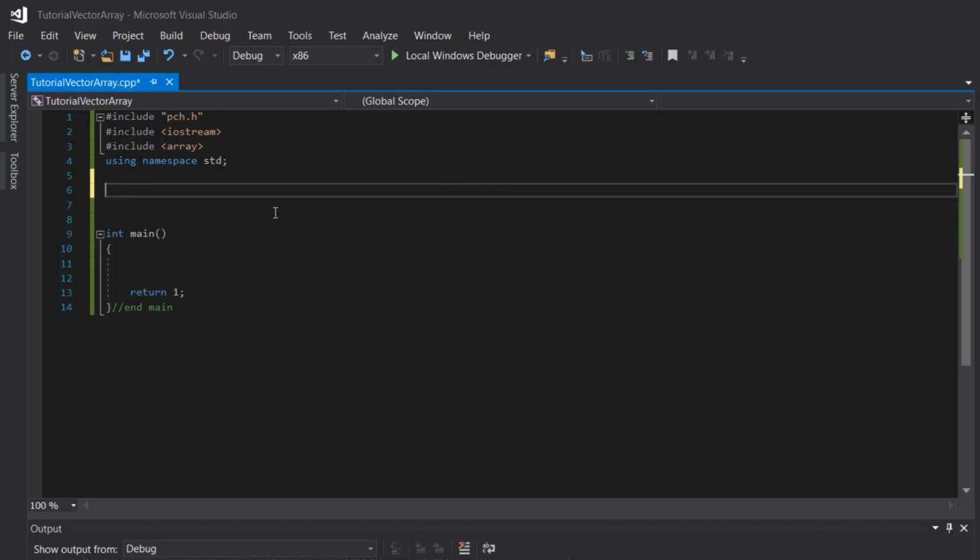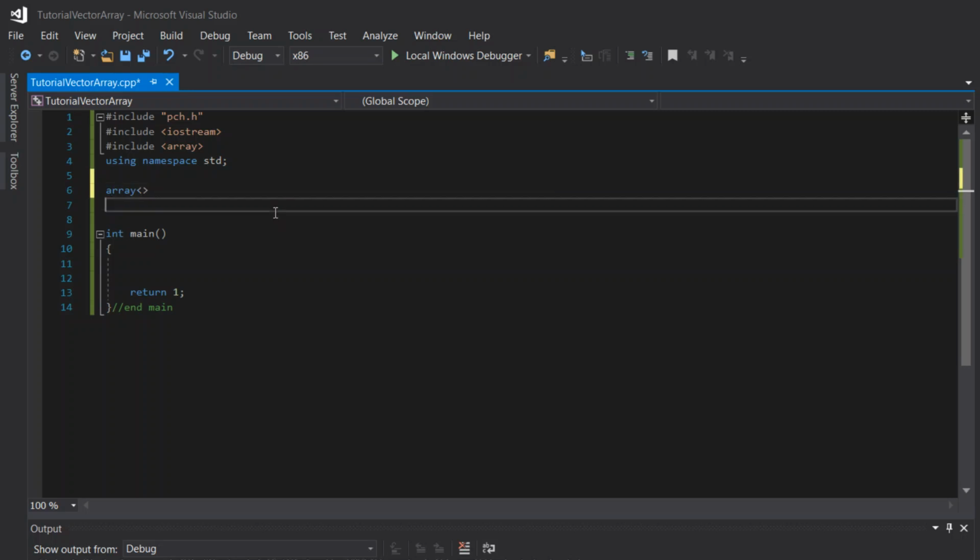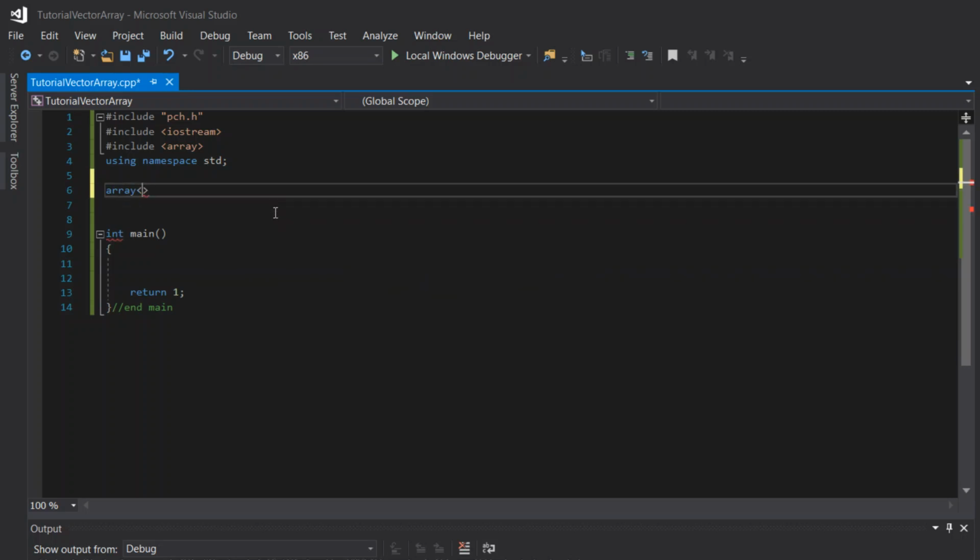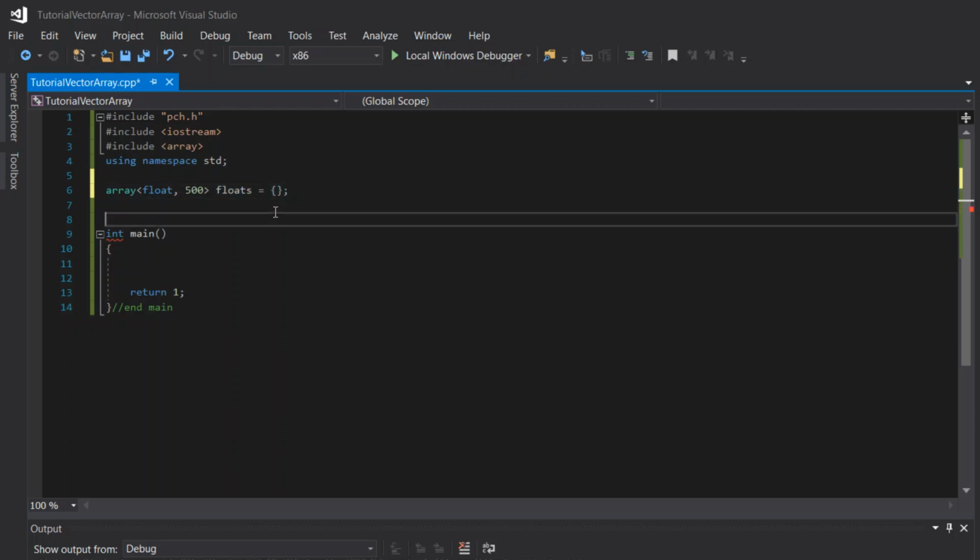So first of all, let's create a new array. Let's make this one a bunch of floating point numbers, so a bunch of decimals. And let's get way too many of them, 500, because why use numbers if you can't use big numbers? And then let's call these floats, because the creativity thing. Yeah, and we're not going to define this ourselves. We're going to fill it up